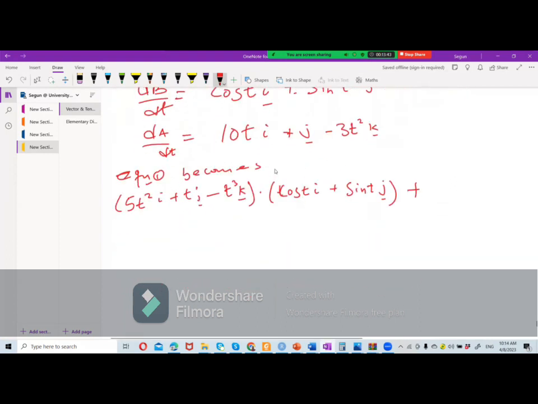The dA dt is 10ti plus j minus 3t squared k